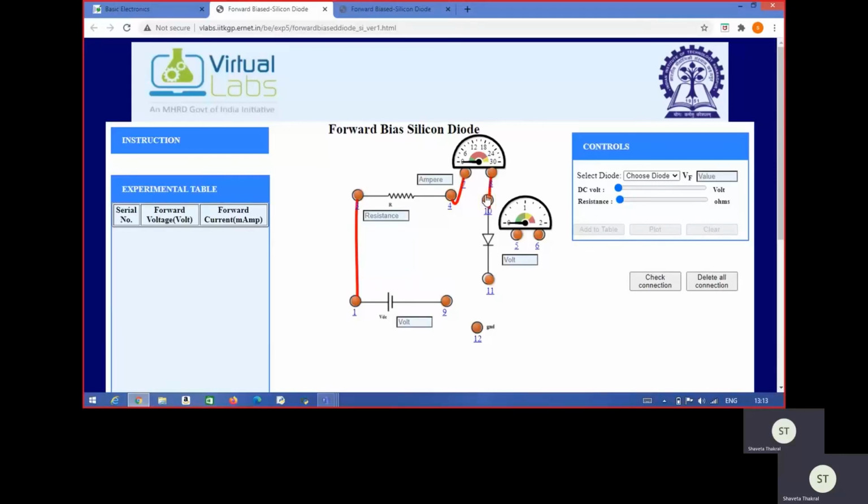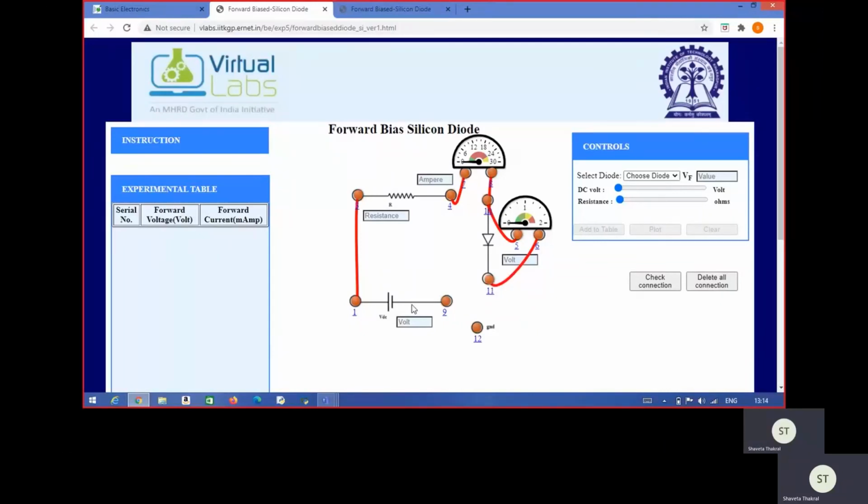Then after that, we need to connect this voltmeter that is parallel to this diode. So how are we doing this connection? The next connection is in between the 5 and 10, because the voltmeter is having two terminals. So one terminal is connected at the P side and the another terminal is connected at N side, so that the voltmeter becomes parallel to this diode. So the next connection is in between 5 and 10, that we are connecting like this, and the next connection is in between the 6 and 11. So in this way, this voltmeter will be parallel to this PN junction diode.